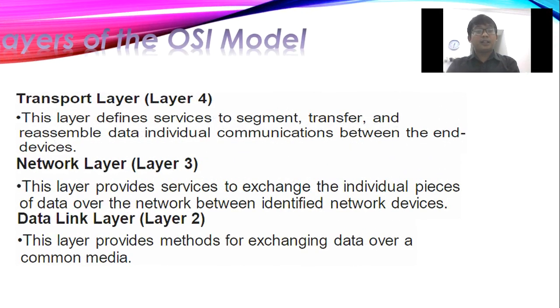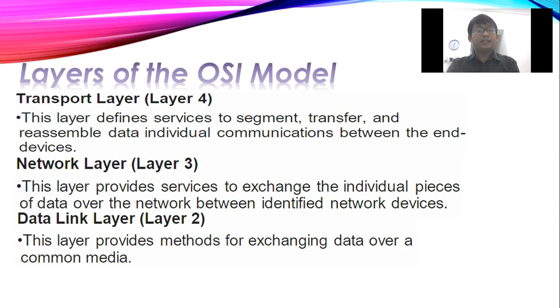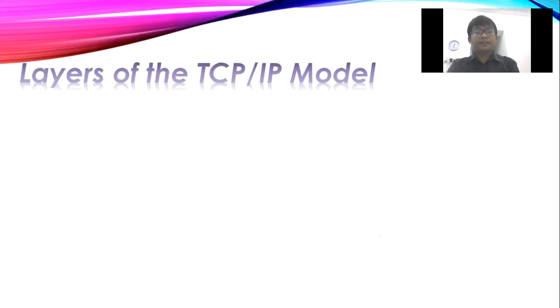Fourth layer, our transport layer. This layer defines services to segment, transfer, and reassemble data for individual communication between the end devices. The third layer, or our network layer, provides services to exchange the individual pieces of data over the network between identified network devices. Data link layer, or the second layer, provides methods for exchanging data over a common medium. And our first layer,